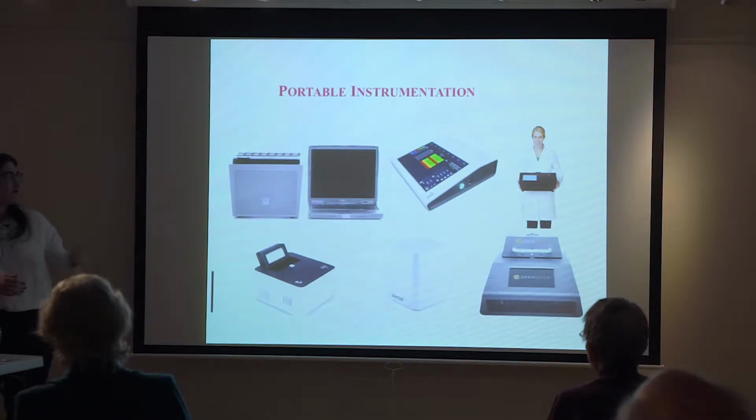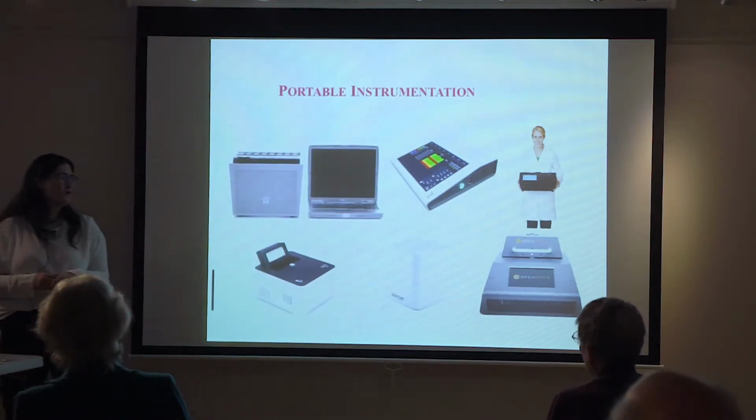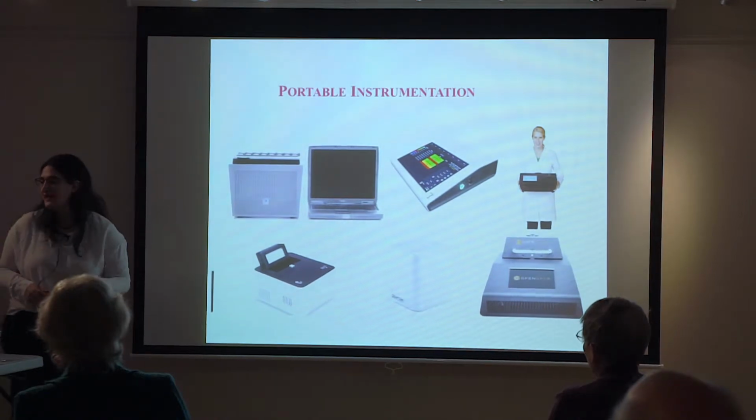So this is kind of an array of some of the different portable technologies that are available. So they're anywhere from a laptop and kind of benchtop box type approach all the way through to this Spartan Cube, which is the new one that's 4 inches by 4 inches cubed. I'm going to focus on one of the ones that we've been working with to date, but we've used several of these different methods. And really what it comes down to is that we can take this library of DNA sequences, make targeted testing for specific species to be able to do the on-site identification with a simple method and